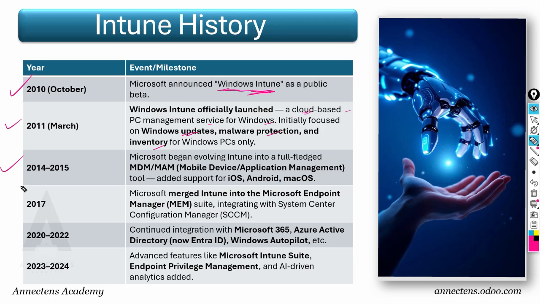not be restricted only to Windows PCs or malware or inventory. They should be gradually moving to MDM and MAM also. At that point, they started evolving Intune into a full-fledged product. They modernized this to MDM and MAM capabilities, and these two tools got added, which enhanced scalability, and they added iOS, Android, and macOS management as well. Okay, so now this started, and